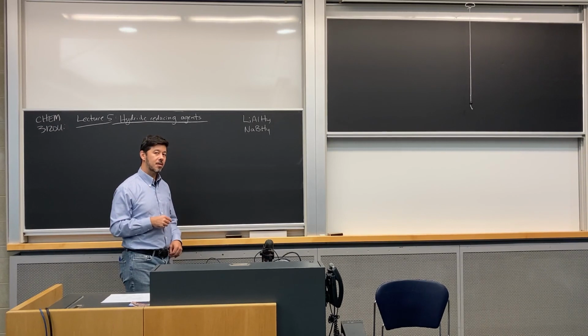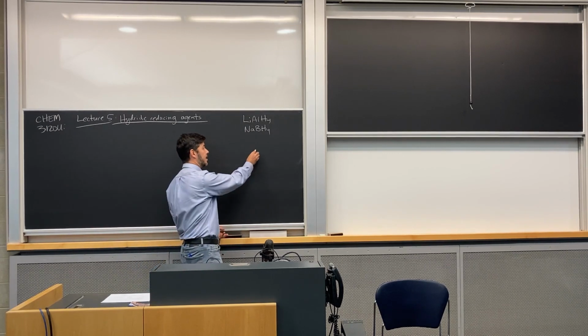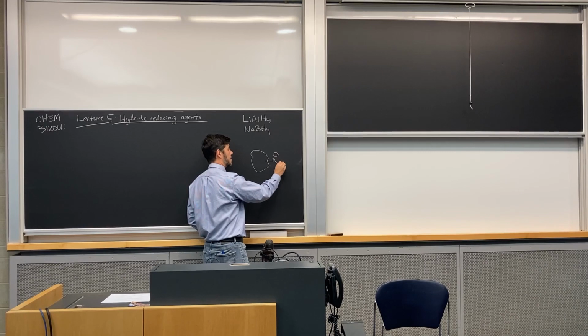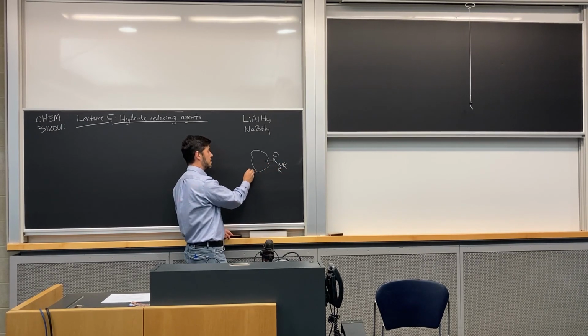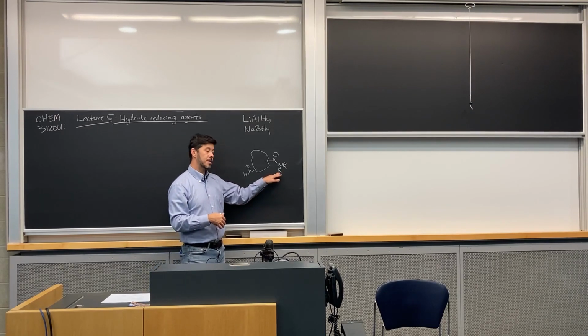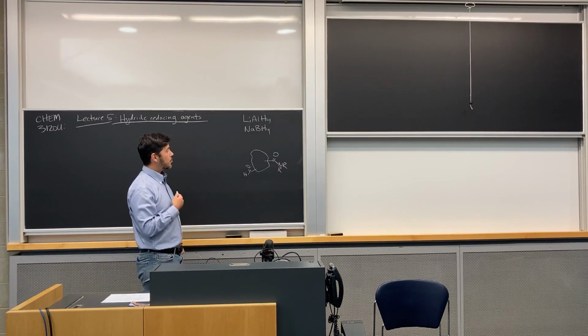So we're going to now discuss reducing agents that could have perhaps opposite selectivity. So you might imagine you have a molecule. I'll just draw this as a molecule. And perhaps you have some type of amide bond that you'd like to reduce. But on the other side, you might have an aldehyde or a ketone. So how do we reduce something like this and not touch the aldehyde? So what we're going to talk about